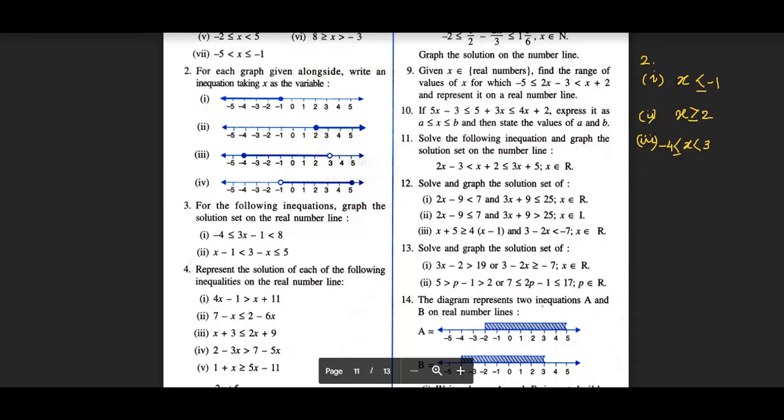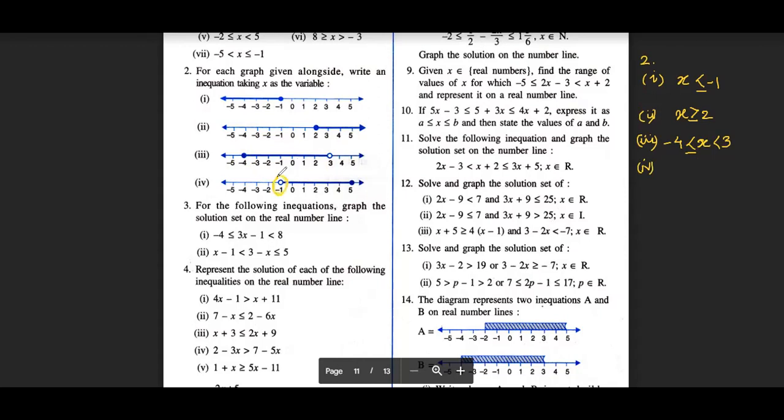ध्यान से देखो, मैं इसको फिर से एक बार लिख रहा हूँ, ठीक से लिख रहा हूँ. x belongs to कहाँ से कहाँ तक? From -4 till 3. ठीक है? -4 से 3. -4 is included, so there is an equal to sign below this less than sign. Okay, this means x is greater than equal to -4 but less than 3. That is written in the number line. -4 से ज़्यादा but less than 3, and -4 is included, 3 is not included. Number 4,